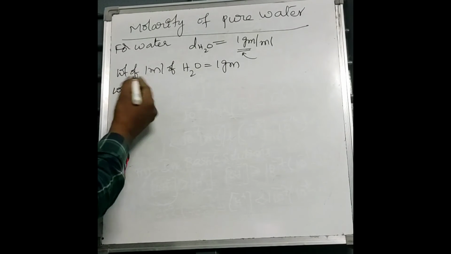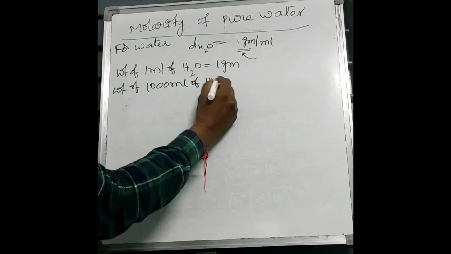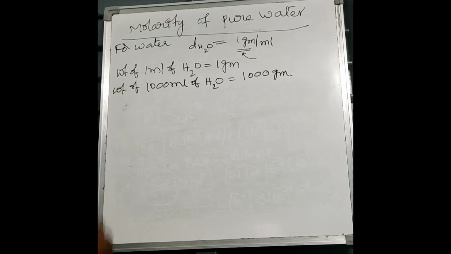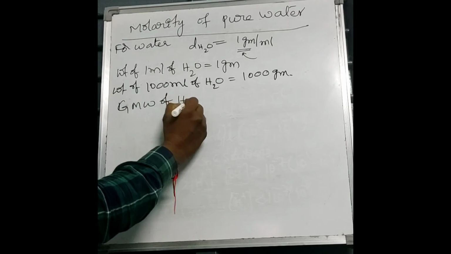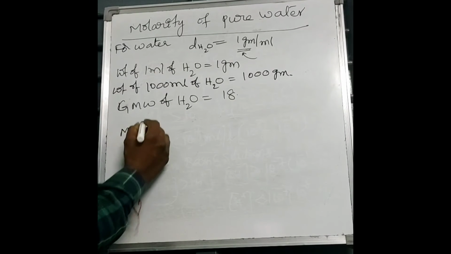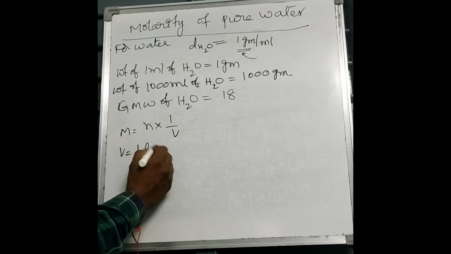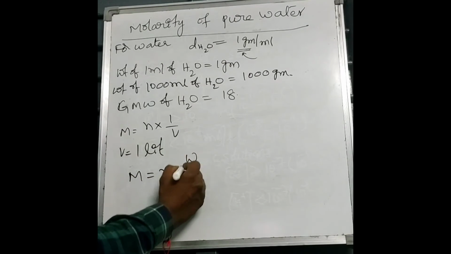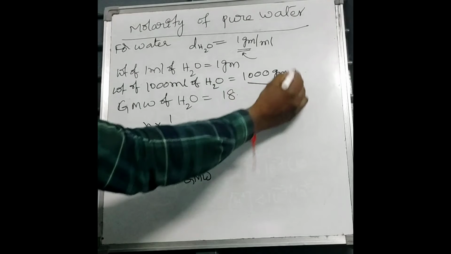The same way, per liter, the weight of 1000 ml of water is 1000 grams. And the gram molecular weight of water is 18. Molarity equals n into 1 by V. So V equals 1 liter, we are calculating in liter. So M is equal to n here. n equals weight by gram molecular weight. So how much is the weight for 1 liter of water? 1000 grams